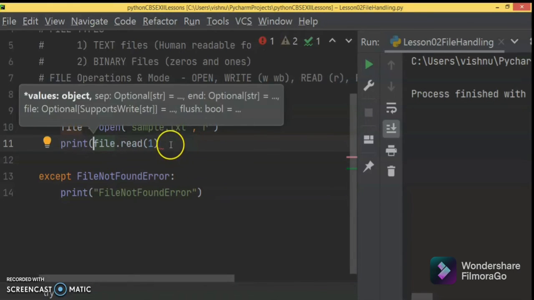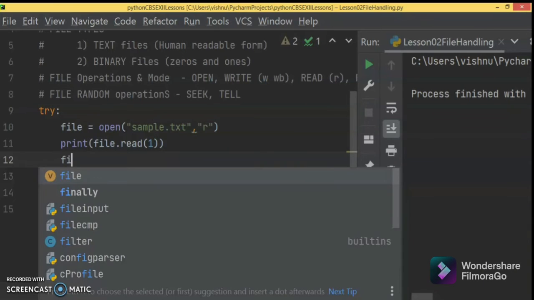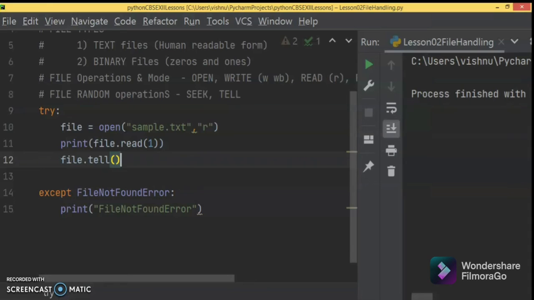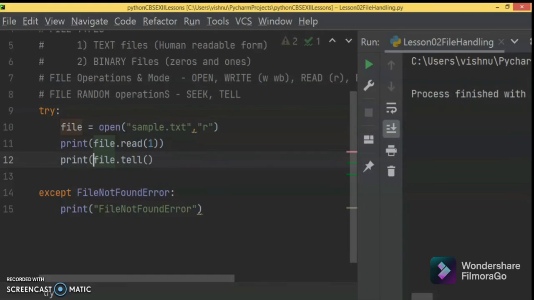Okay, now I want to print this one. Now we'll see file dot tell. There are two methods, seek and tell. Tell will be telling you the position of that pointer where it is located. Now we'll run this and see.